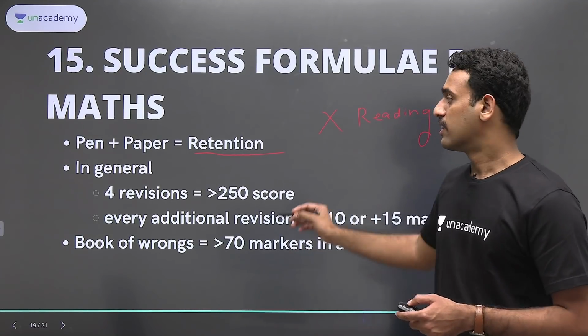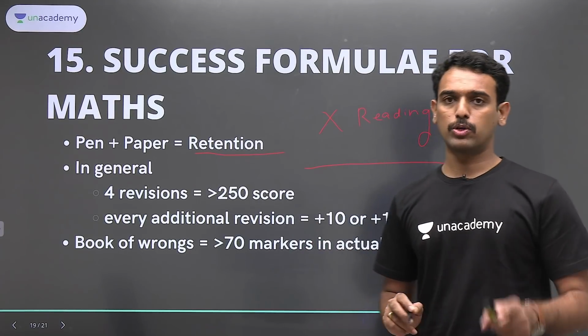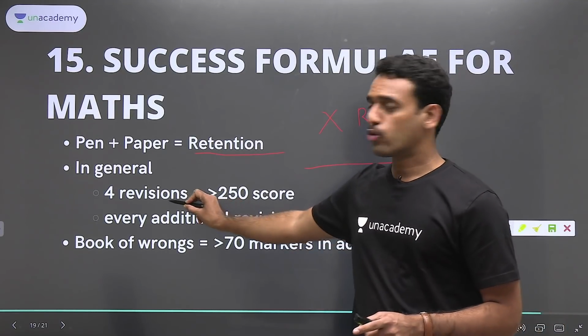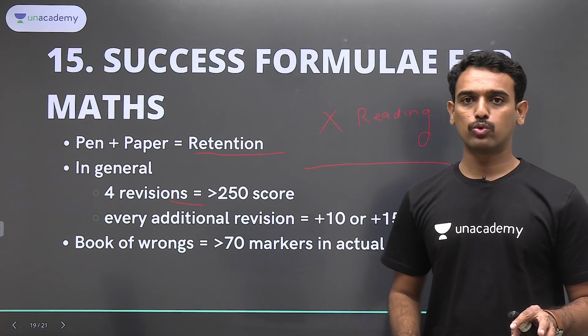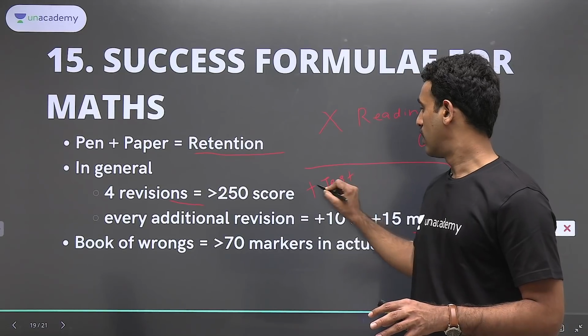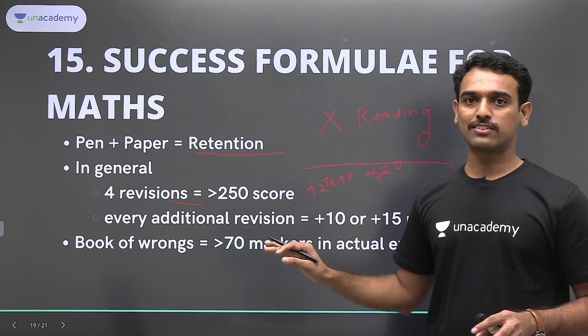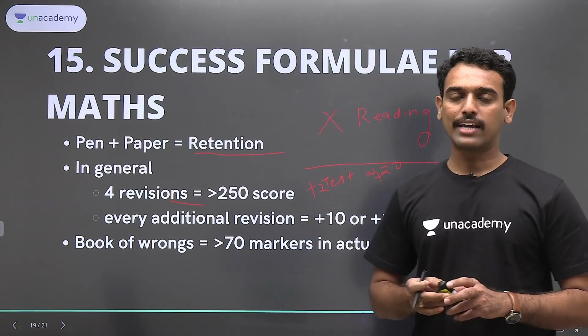paper I have used. The second thing is about maths is all about revisions. So I would say 4 revisions will definitely give you more than 250 marks. Add 2 test series to this. It will give you 20 marks. So if you have 4 revisions and if you have 2 test series solved, I can guarantee you